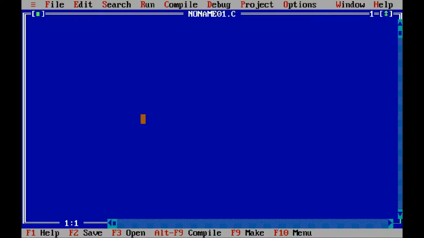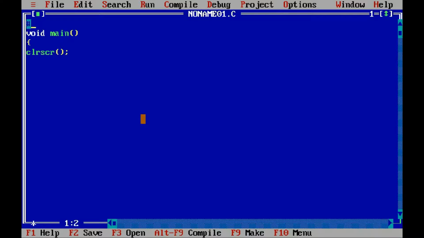It is a sample program, so void main. Void is a return type, main is the main function. Void means it should not return any value. So clrscr here is the clear screen function. So printf. If you are using the clrscr function, you must declare